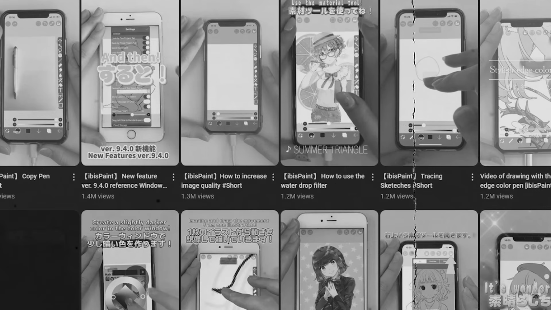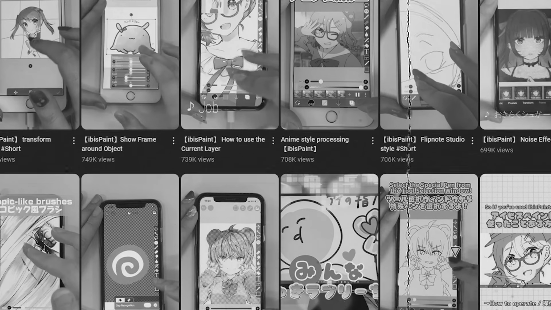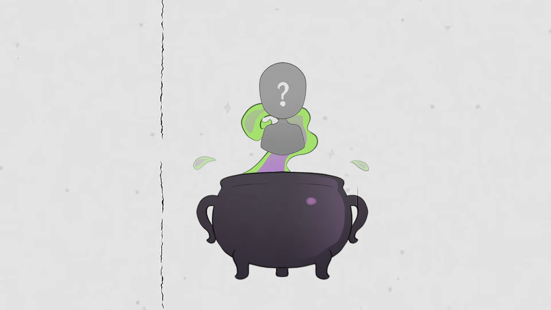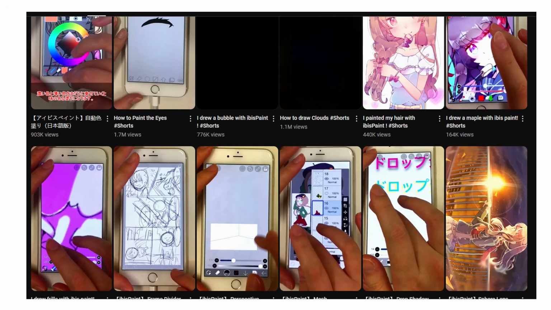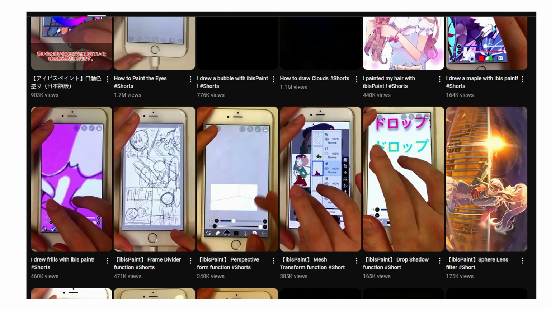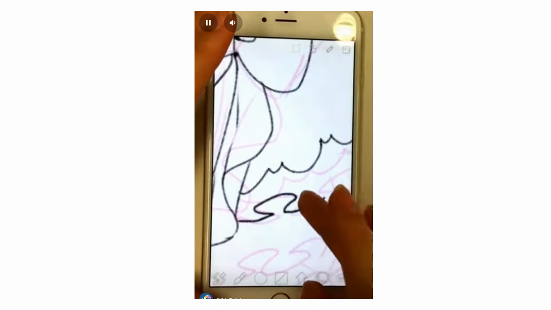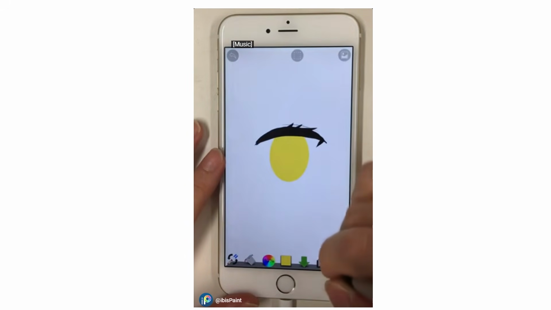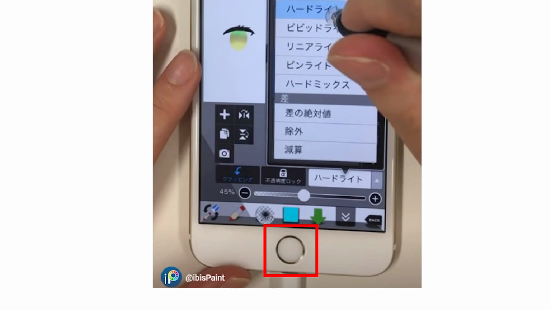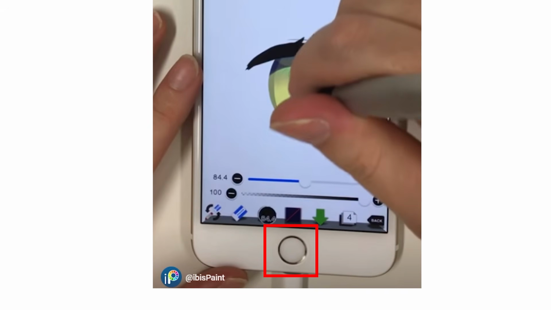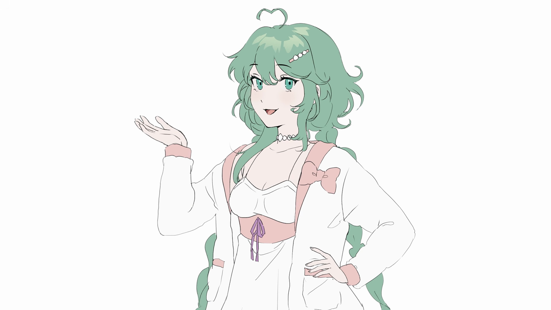Speaking of which, I had continued my investigation on Shiratama Ningen. My curiosity led me to wonder, where did he come from? And more importantly, who made him? So I went through the oldest videos on the channel, which were just regular tutorials with music and no voiceover. I did notice that these were all shot on an older iPhone model indicated by the circle button at the bottom, which will become an important detail later.